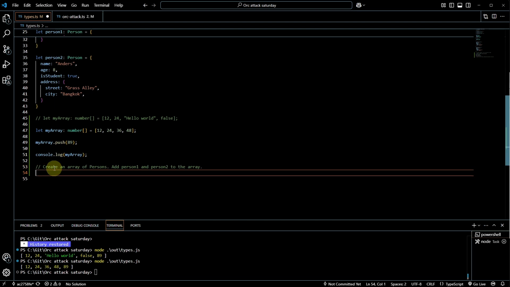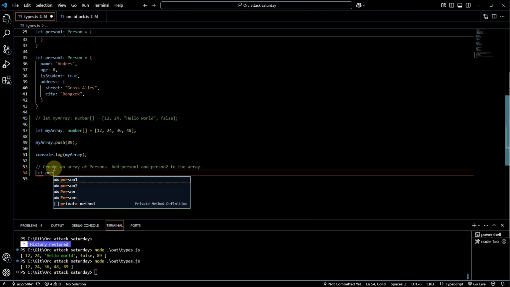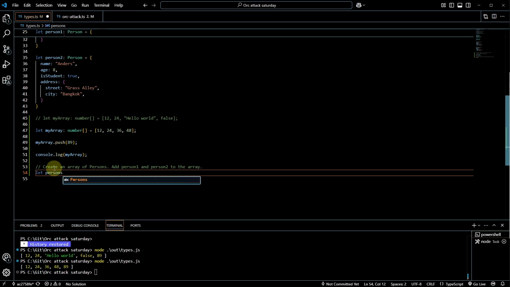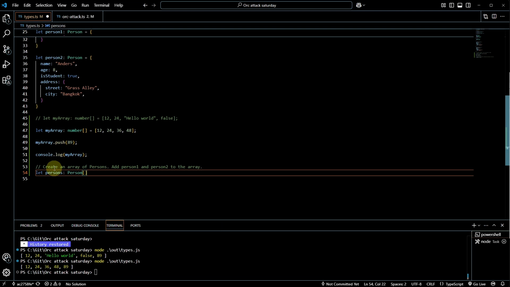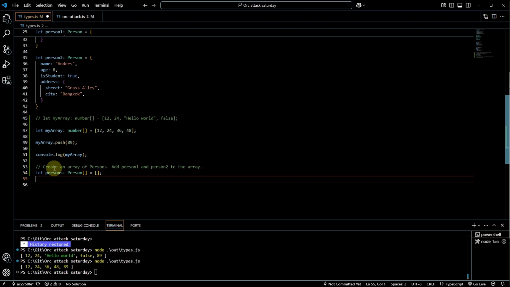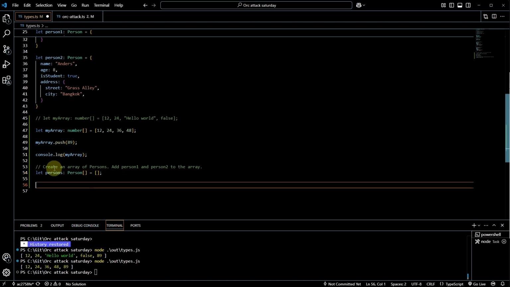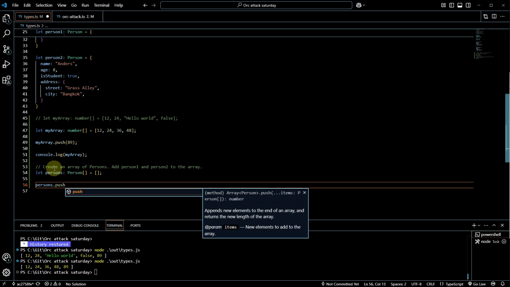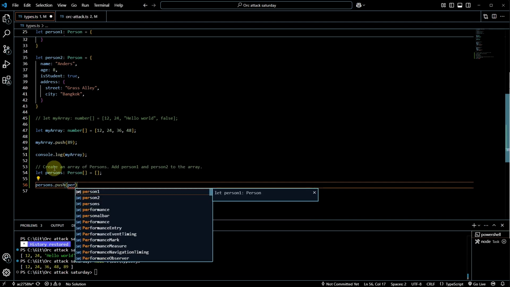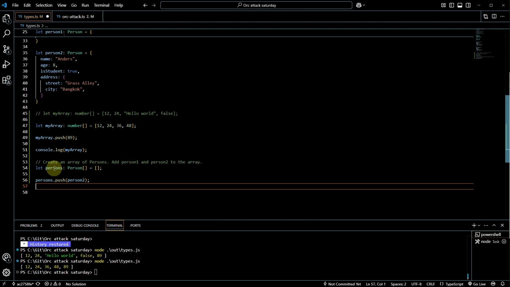Okay, so what do we want to do? We want to create an array of person. I will call that persons. So it's plural, there's more than one person here. And it's of type person array. Now there's two ways to do it. I can just say it's an empty array, and then I can persons.push. Let's push person 2 here, and then let's